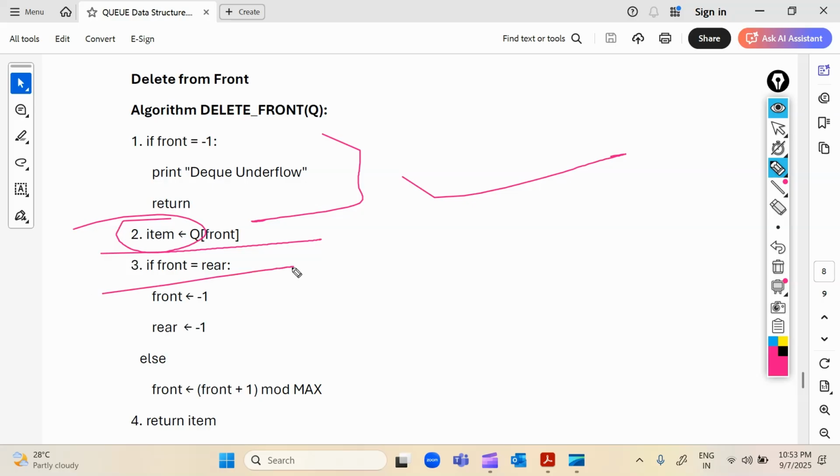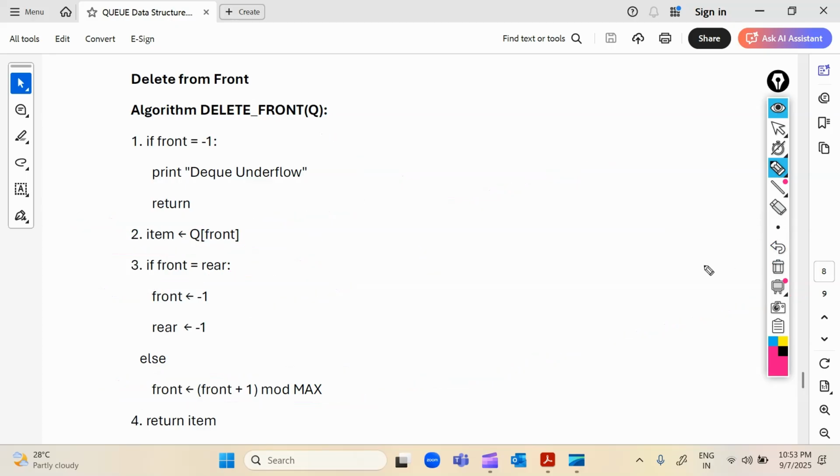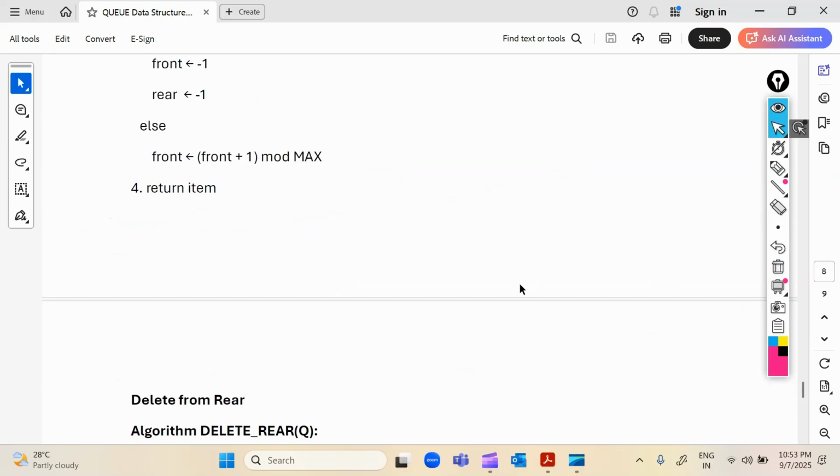After that, you need to check if front is equal to rear, meaning there is only one element in the queue. Then you set front and rear both equal to -1. Otherwise, simply front is equal to (front + 1) mod max. It is the same as in the circular queue. Now the unique and different part is